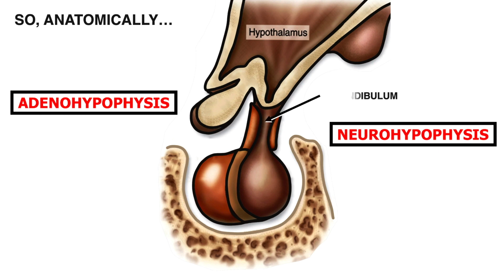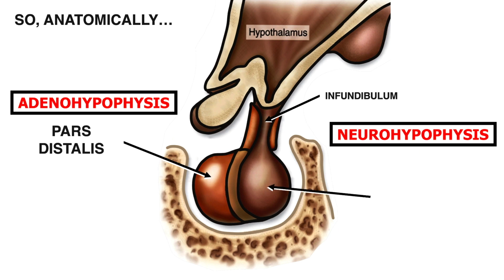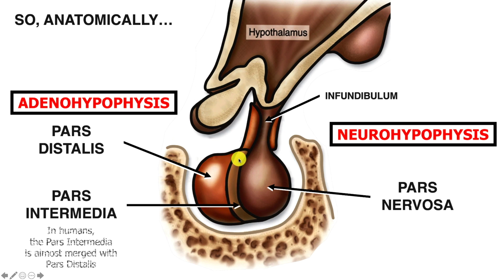This part, as we discussed before, is called the infundibulum. This part in the adenohypophysis is called pars distalis. This part in the neurohypophysis is called pars nervosa, and this part in between, the one which you see here, is going to be called the pars intermedia. Pars intermedia in humans is almost merged with the pars distalis, and together these two are going to be called